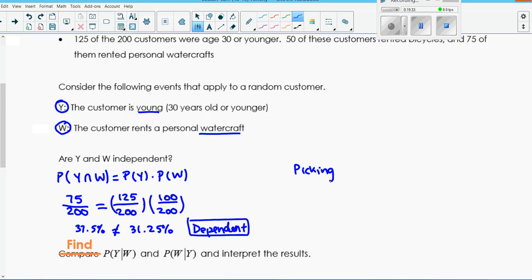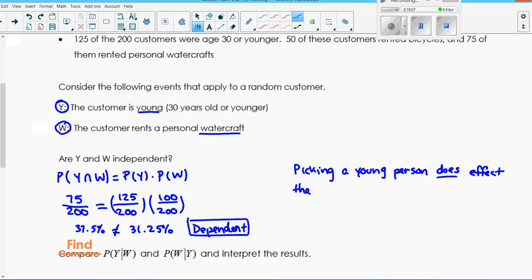Notice I'm talking about young and watercraft. So I'm going to go with young since that's what's written first. Picking a young person does, that's the important word, affect